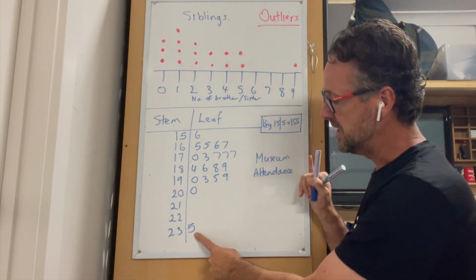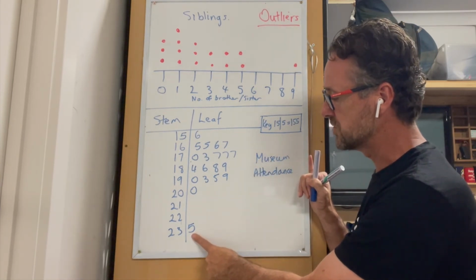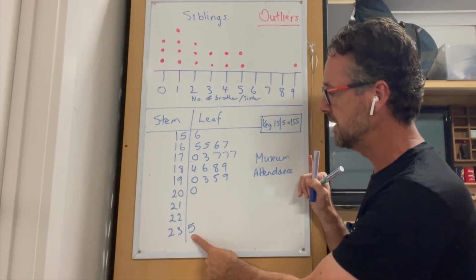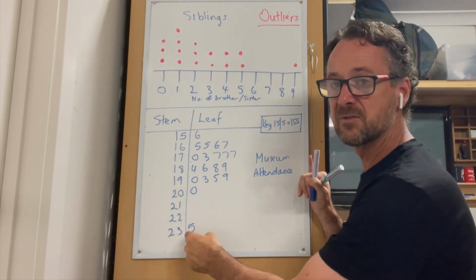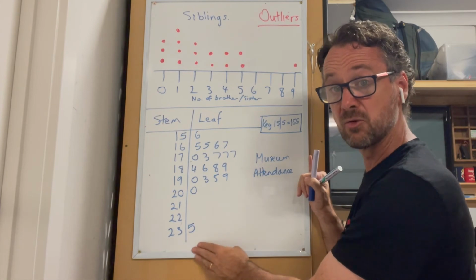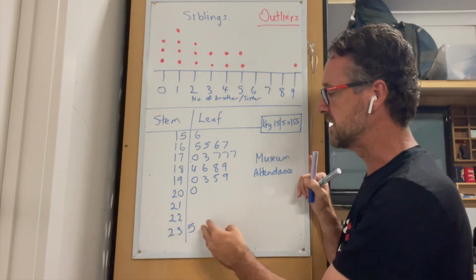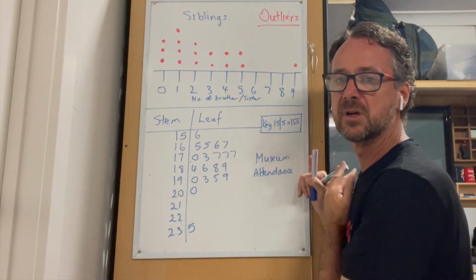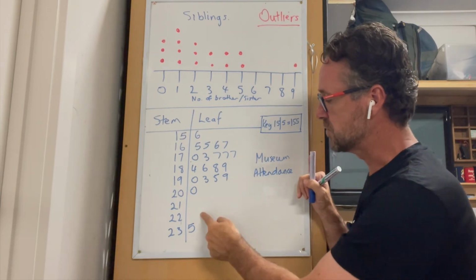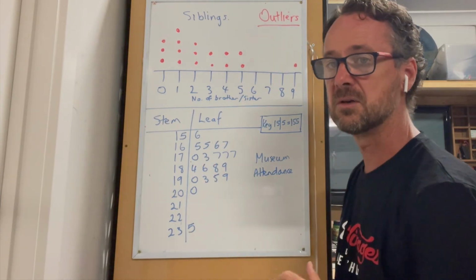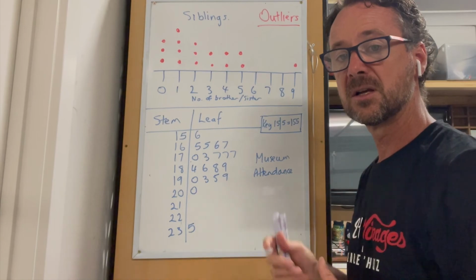And then down the bottom here, we have this unusual result of 235, okay? Which would tell us that whatever exhibit that is, it's incredibly popular because more people are going to that than usually go to look at things at the museum. And you can see there's quite a gap between that and the previous results. So that's outliers, okay? So look out for